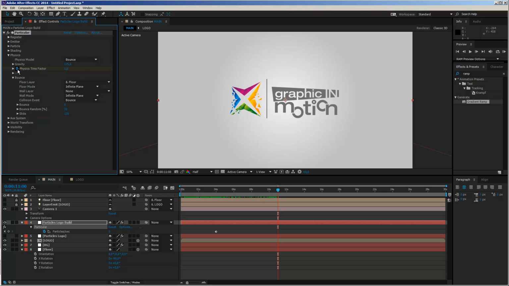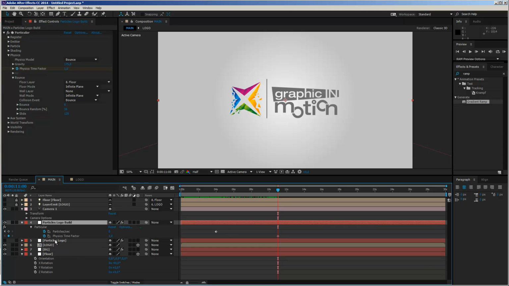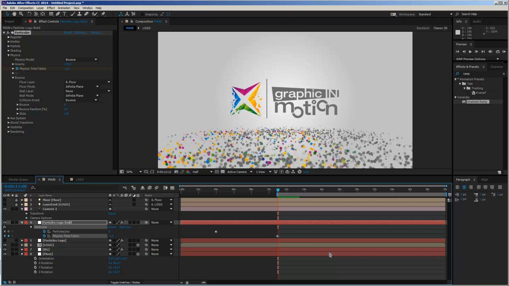So what I did is I set a keyframe at around 11 seconds. Press U and we will see our keyframe here at the time factor. I will just move it 1 frame in front here, and now I will set another keyframe with a value of -1. Now let's drag our work area start point, or in point, to our keyframe here, and let's make a quick RAM preview. And you will see what's happening.